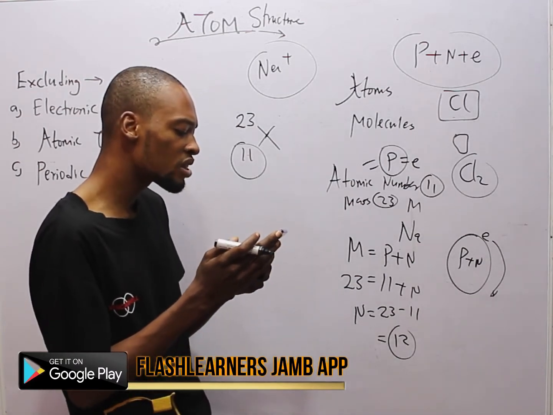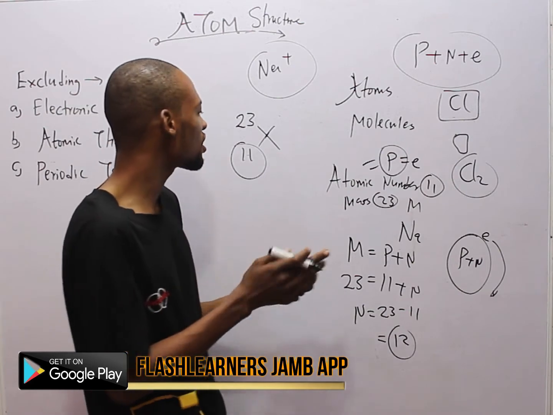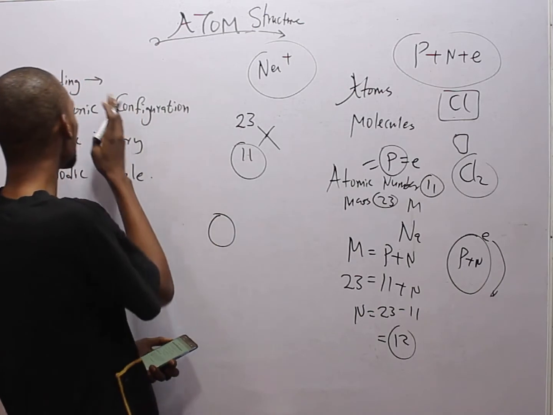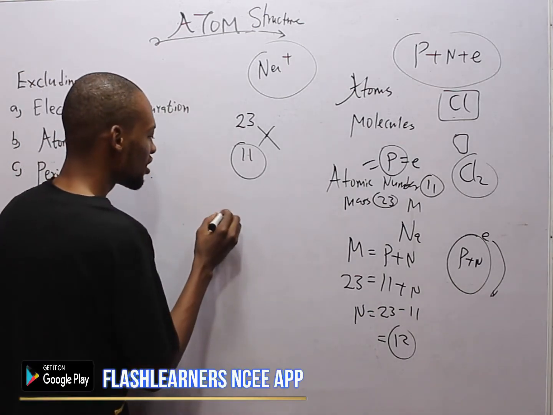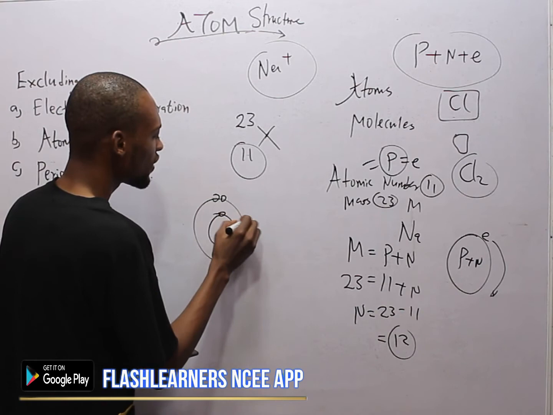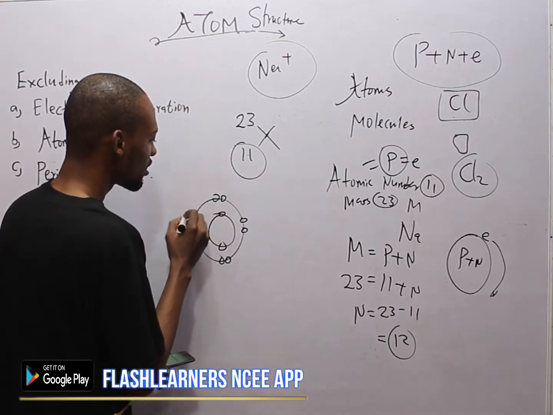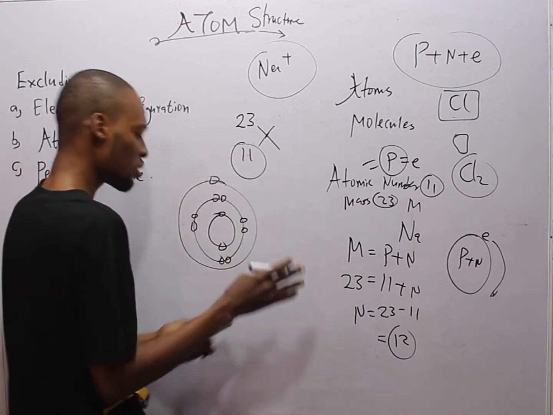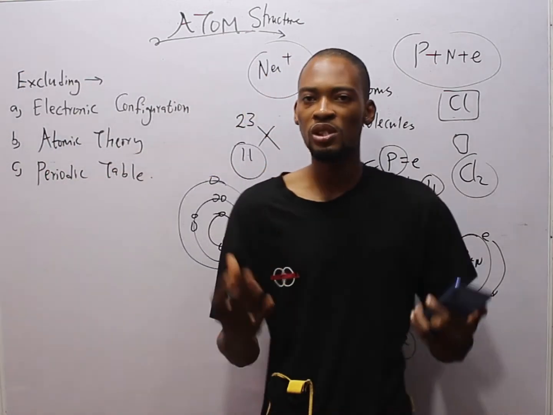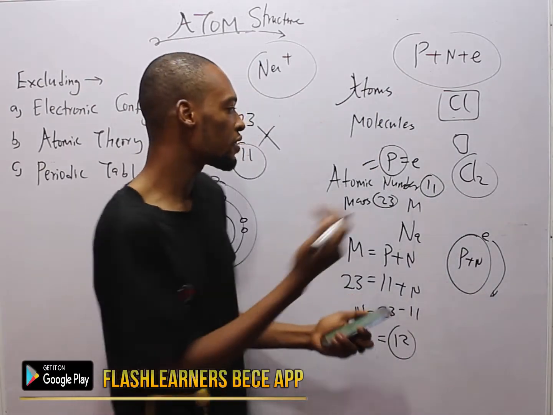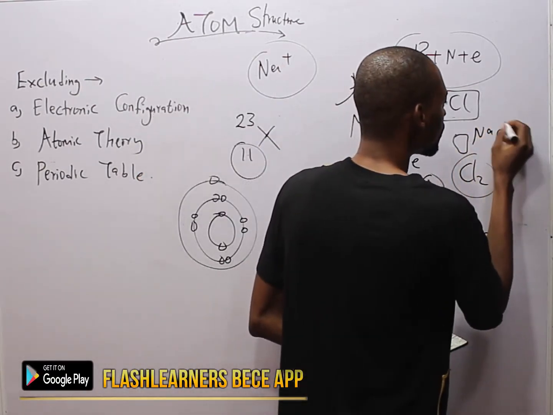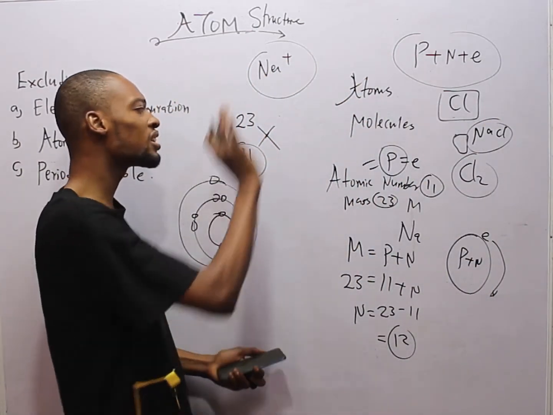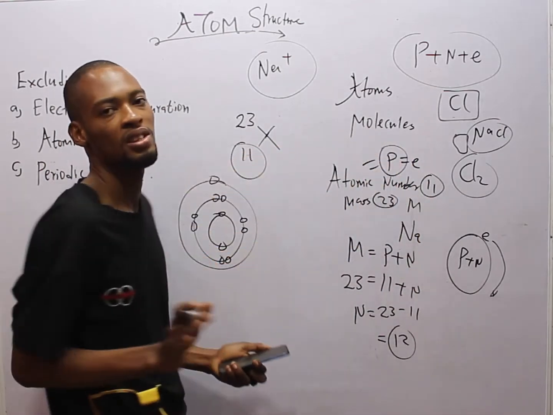B. It forms a covalent chloride. This is sodium, or number 11. Looking at the configuration, I'm now entering the things I said I will not enter. 1, 2, 3, 4, 5, 6, 7, 8, 9, 10, 11. So this has one electron in the outermost shell. So it will form electrovalent bond mostly with chloride. In the case of sodium and chlorine, it will form sodium chloride. And that is electrovalent bonding because sodium donates one electron to chlorine.